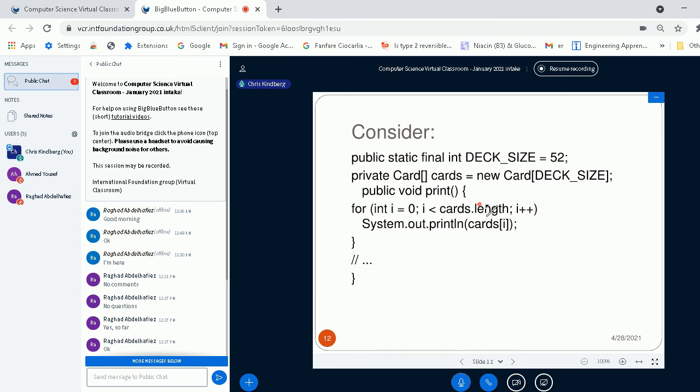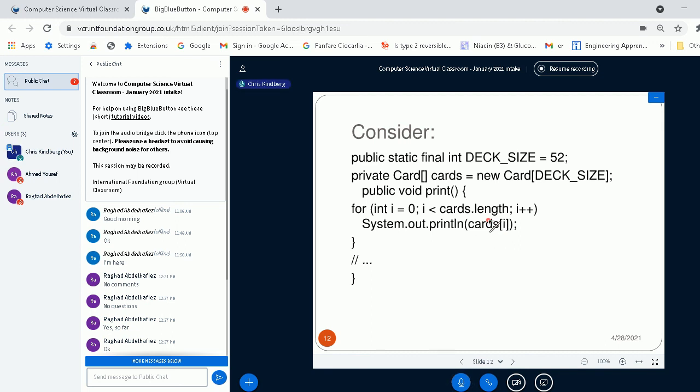It's the length of the array. So after you've executed this, increment i by 1, and simply use System.out.println to print out the value of each of those 52 cards.